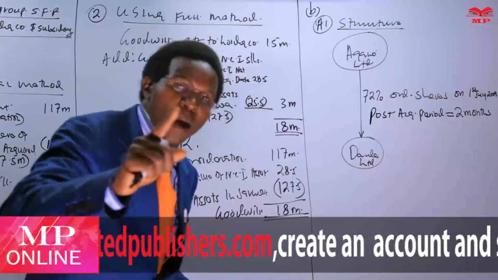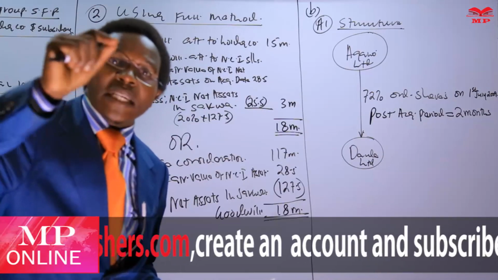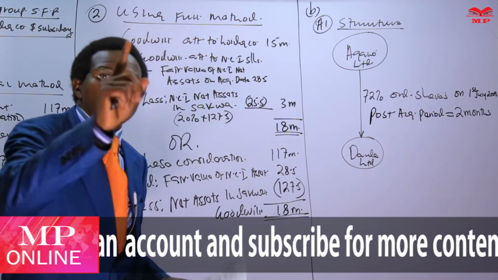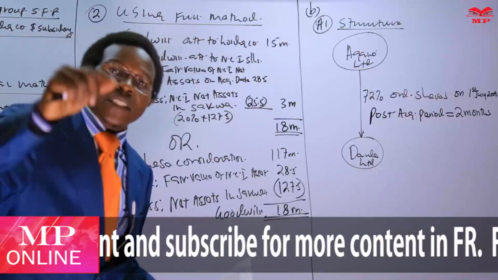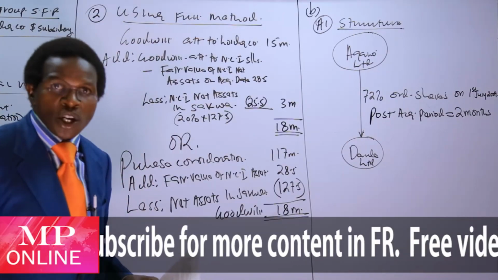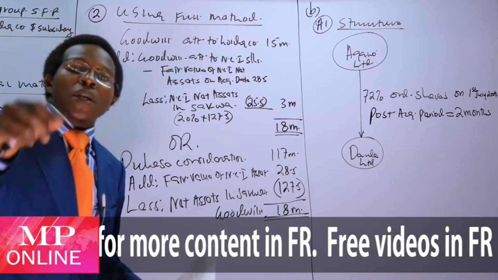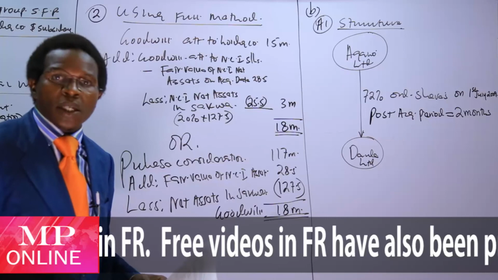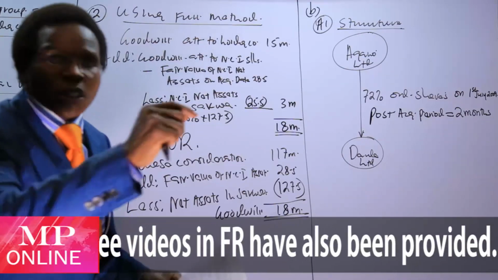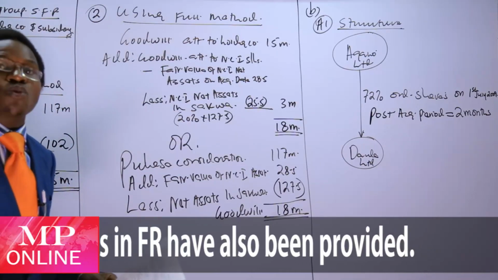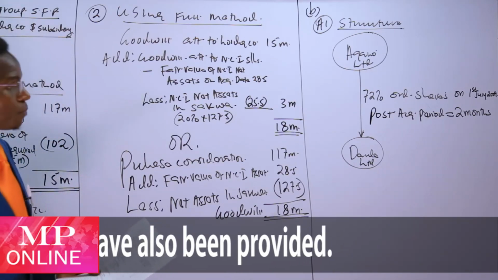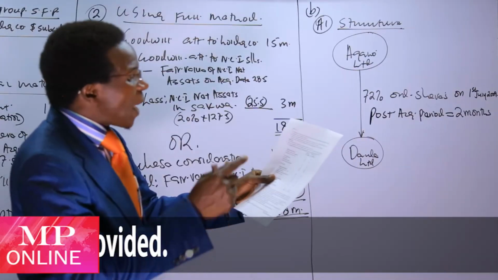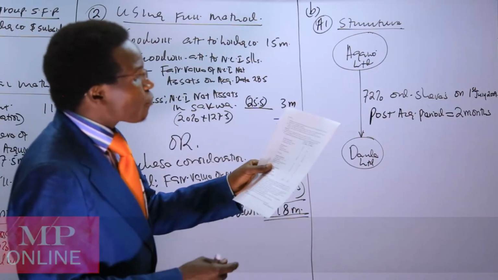Friends, you need to remember, if the post-acquisition period is less than 12 months, then there are two things we need to do. We need to determine the pre-acquisition retained earnings. You also need to determine the pre-acquisition dividend, if there was a dividend paid by the subsidiary. That's important. We have also been told the purchase consideration is 250